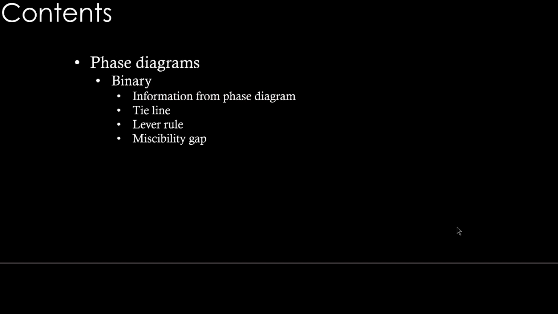In this class, we will cover some important ideas like what information we can directly get from the phase diagram, what is tie line, what is lever rule, how to apply them, and get out some useful information from phase diagram. We'll also see one variant to the diagram that we saw in the last class. Last class, it was isomorphous diagram, and today we will see a small variation to that. It's called as diagram with a miscibility gap.